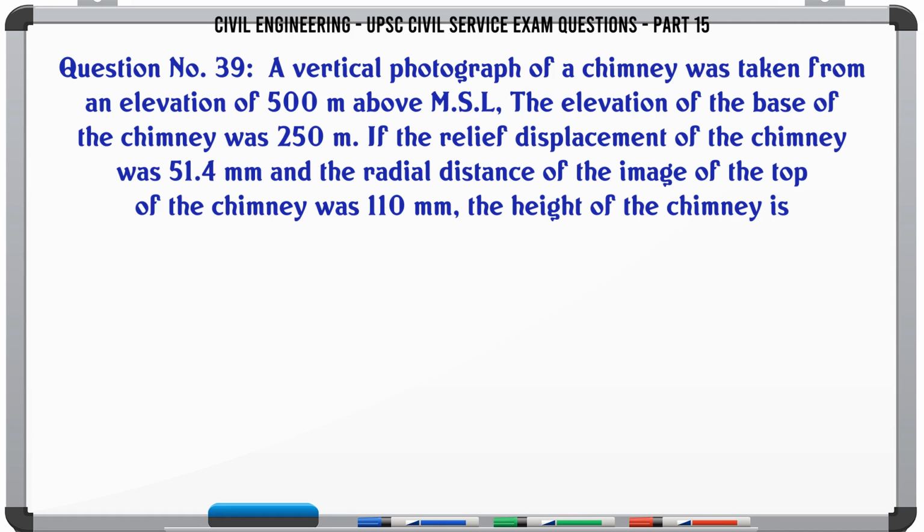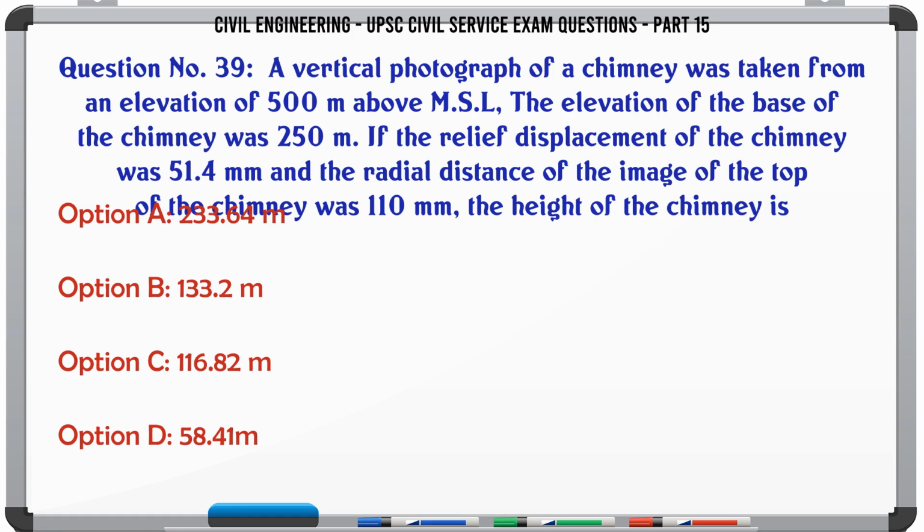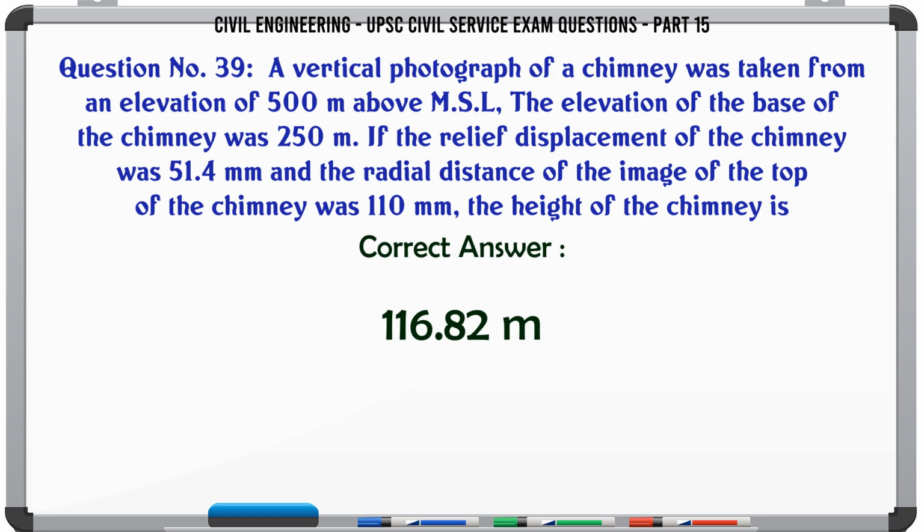A vertical photograph of a chimney was taken from an elevation of 500 m above M.S.L. The elevation of the base of the chimney was 250 m. If the relief displacement of the chimney was 51.4 mm and the radial distance of the image of the top of the chimney was 110 mm, the height of the chimney is A, 233.64 m, B, 133.2 m, C, 116.82 m, D, 58.41 m. The correct answer is